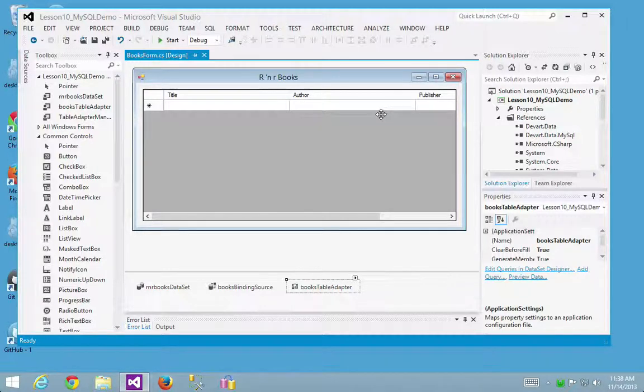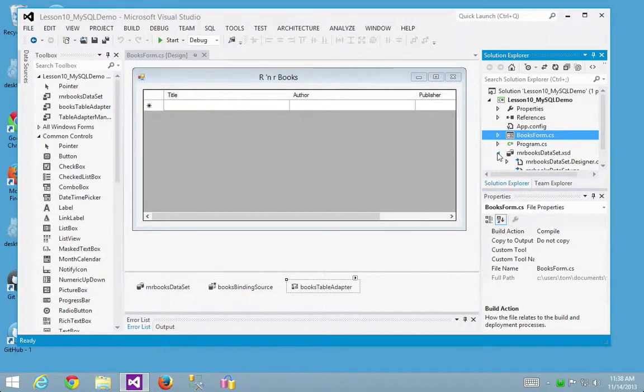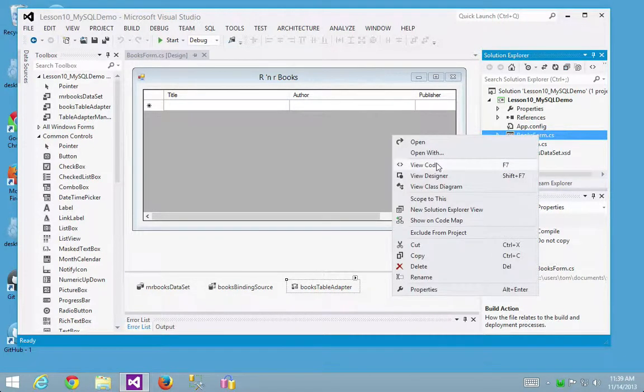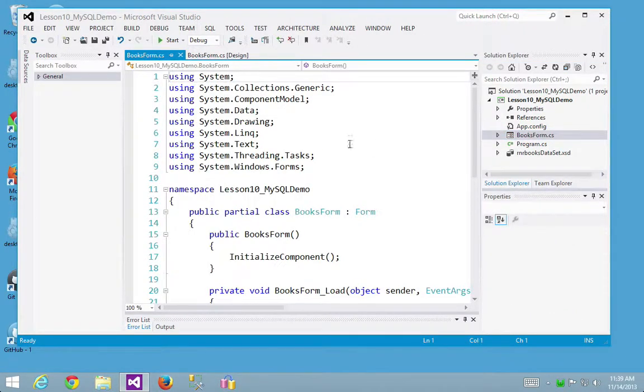And we're going to try something else now. So keep this project open, so we don't have to recreate the data source again. Okay. Let's take a look at the code, though. I think it's an important thing to do. So if I right-click on my form, or click and use the View Code option, or F7 to view the code, then you're going to notice that